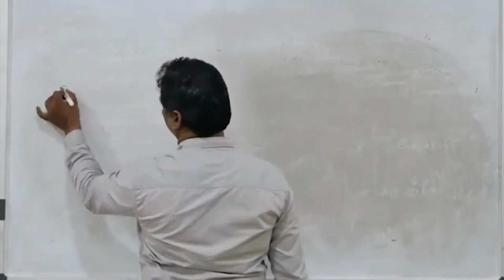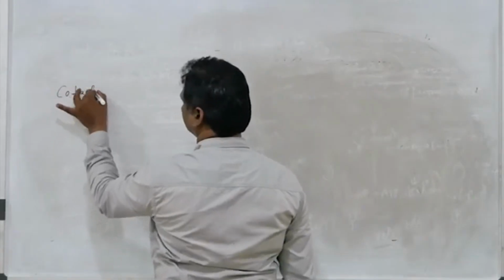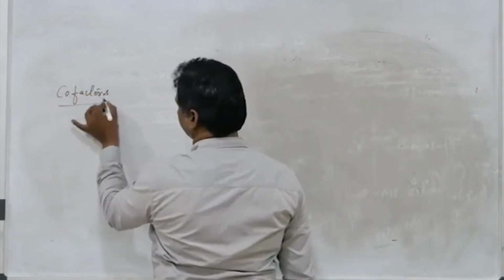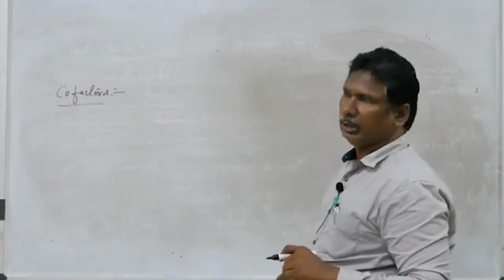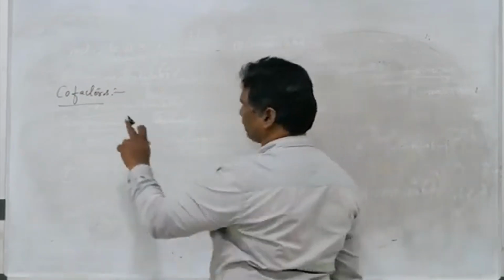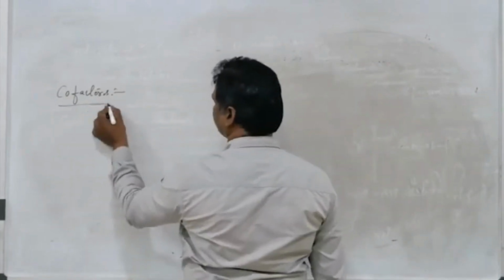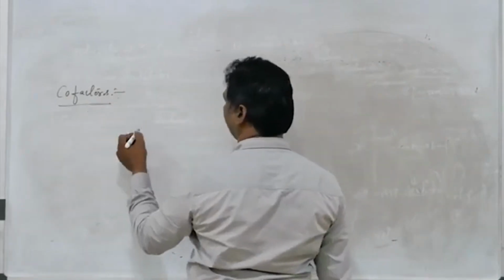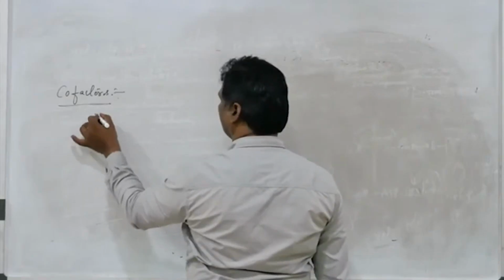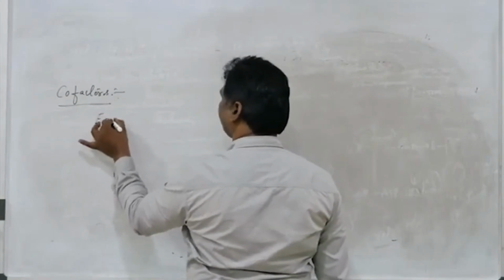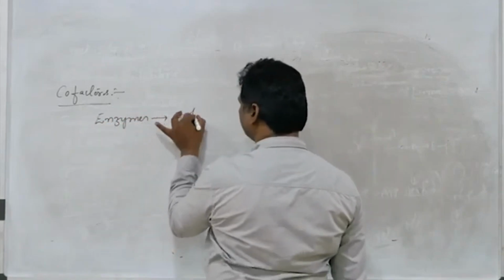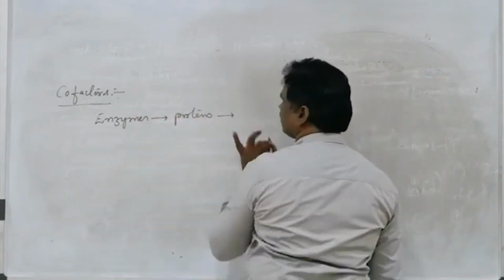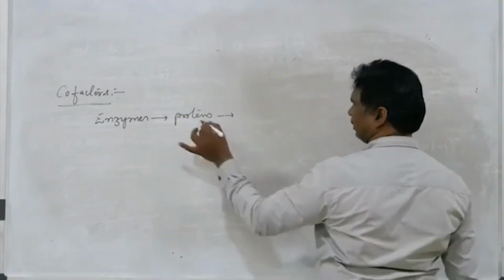So another topic, cofactors. This is also a most important question in our NEET 2019 exam, which is obtained from cofactors. Before going to cofactors, you can see generally enzymes are made up of proteins. If the enzymes are made up of only proteins,